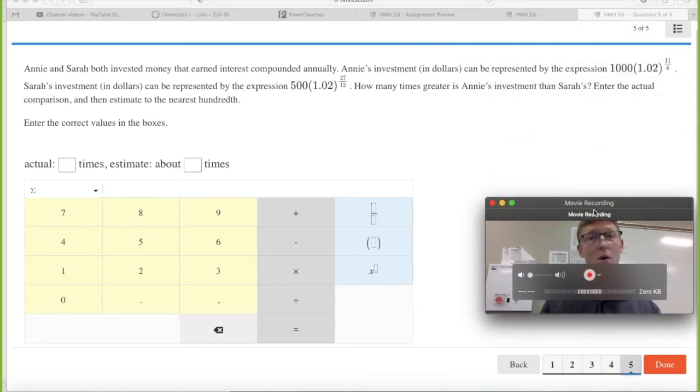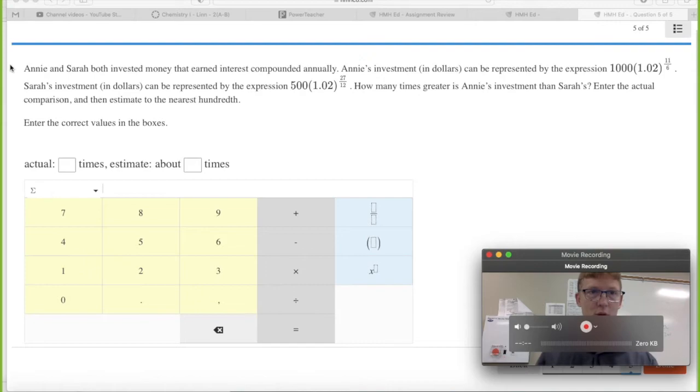Obviously, we need a word problem. So Annie and Sarah both invest money that earn interest compounded annually. Annie's investment in dollars can be represented by that. Sarah's investment in dollars can be represented by that. How many times greater is Annie's investment than Sarah's? Enter the actual comparison and then estimate to the nearest hundredth. So how many times greater is Annie's investment than Sarah's? So at the end of this, we're going to be able to say Annie's is blank times more